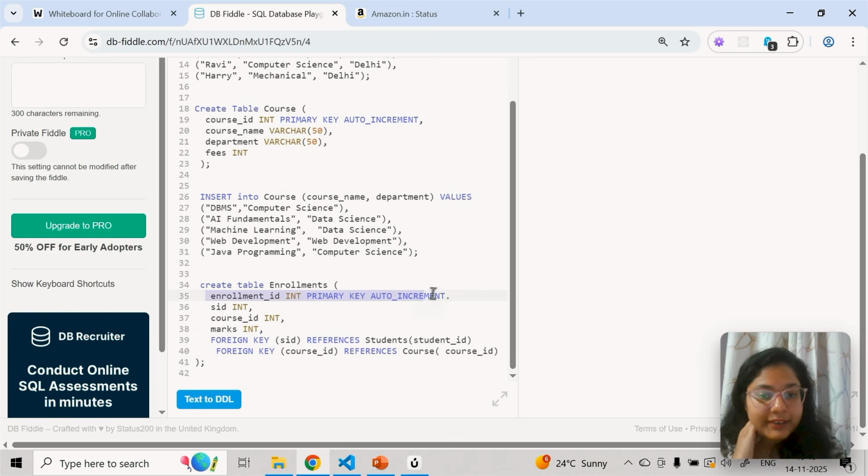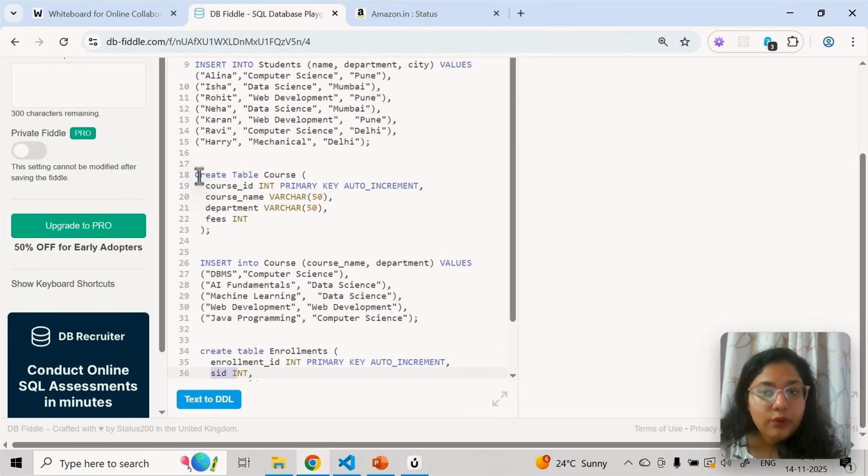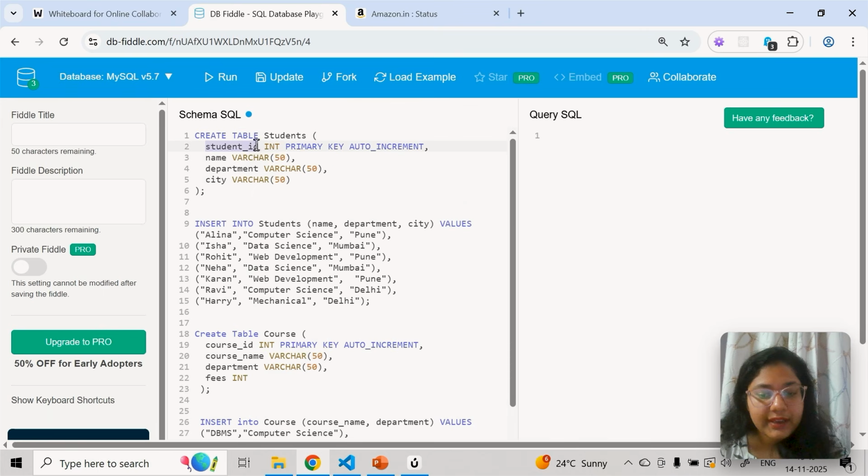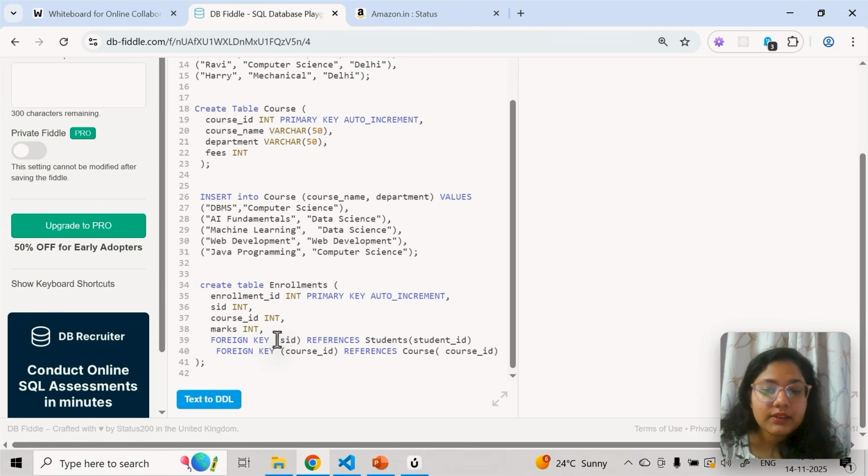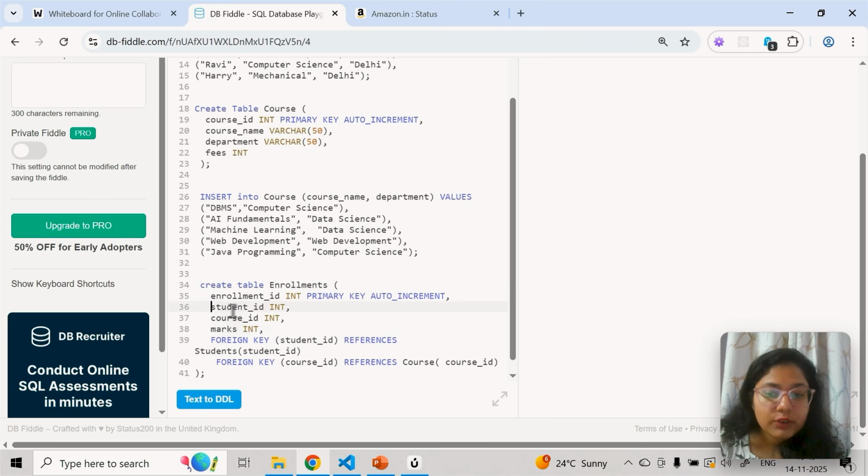So you give enrollment id individually. Okay, also you have to give student id and course id. So what you will do, you will define it. Okay, just for the sake of uniformity we keep the same name, but why I have changed it to sid is just to make you guys comfortable that here you have to define the column which you define here. Okay, so here this is going to be the one which you have created here. References, you are saying this will come from the student table, student ID. Similarly, this course ID, you are saying it is coming from the course table, course ID. Okay, so this is how we define it.